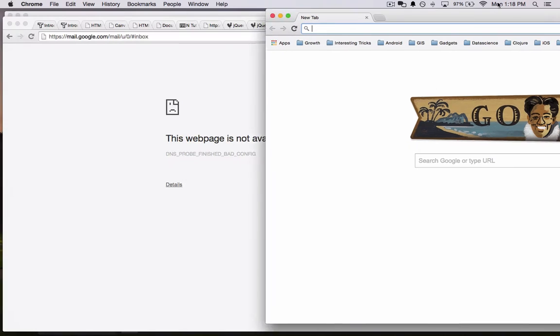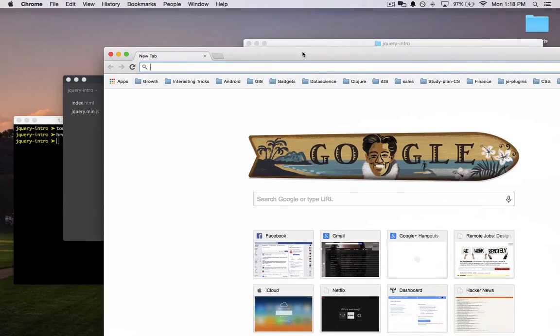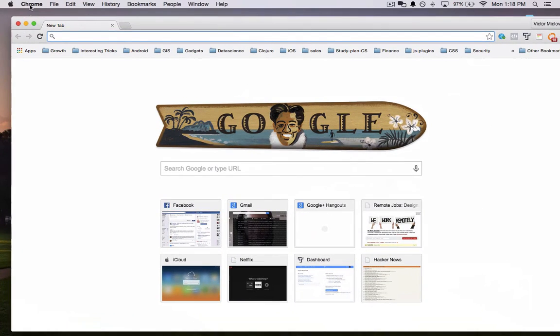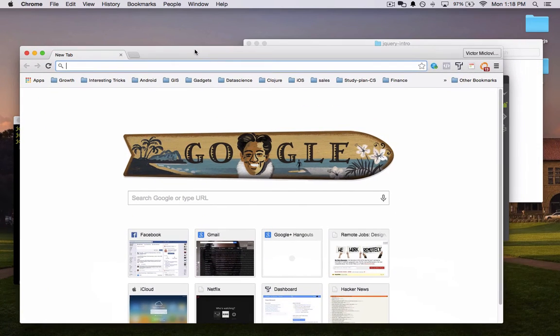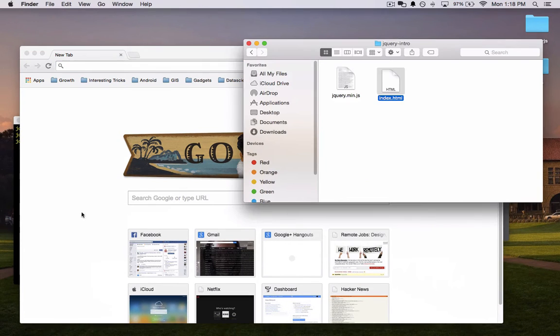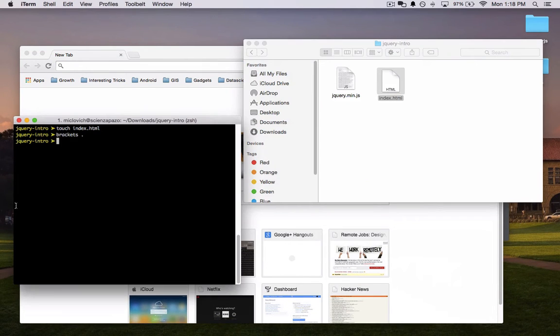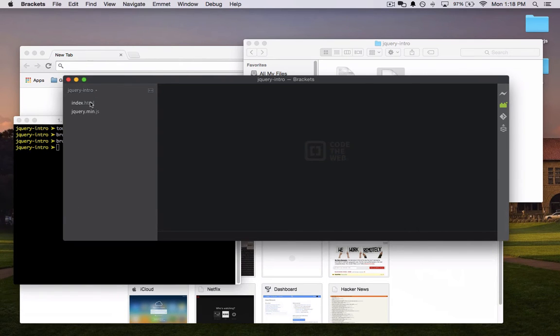Drag this window to the other side, and this is what we shall be using for showcasing our application. All right, now let's open Brackets again. There it is. When we double click and open the index file,